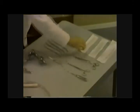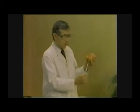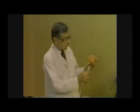He will then take the instrument known as the suction apparatus, which is opened. It is in a sterile container prior to the actual use of the instrument, and then this will be inserted through the dilated cervix up into the uterus and will then puncture the sac surrounding the child, allowing the amniotic fluid to escape. The instrument then will come into direct contact with the child, and with a pressure of approximately 55 or so millimeters of mercury applied to the end of this instrument, as it is attached to a long, thick suction tubing at this end and to the abortion instrumentation, that is the machine at the other end, the suction tip will begin to